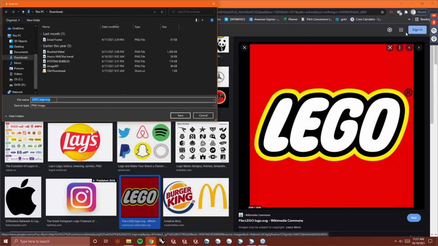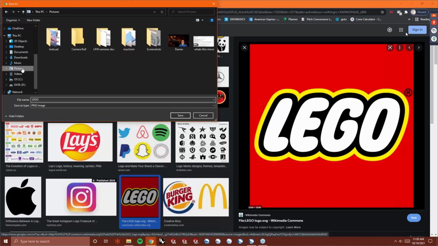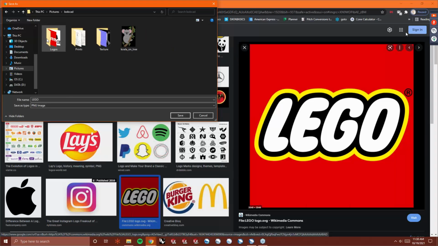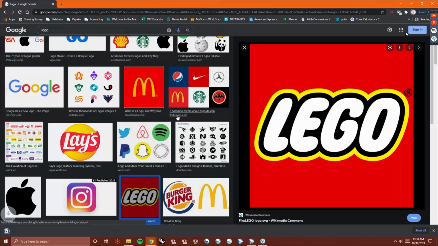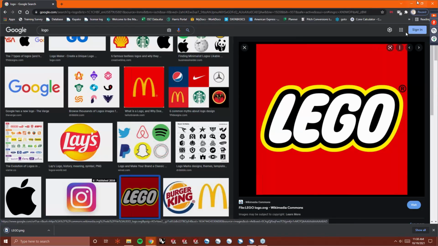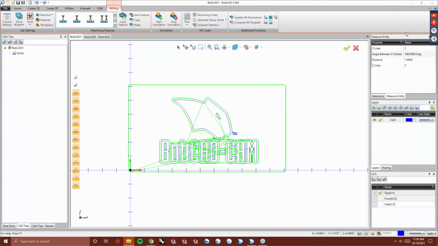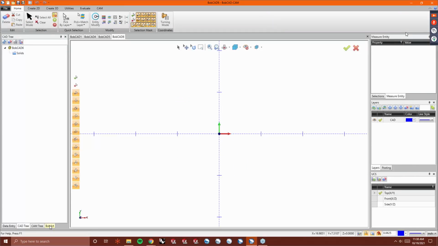You just want to make sure that you know what it is. So this one's an SVG, a PNG file. We'll just make it Lego. And I'll put that in my pictures. So now that it's saved, I go into BobCAD and then just go to BobART. So whether you have the image on like a flash drive or you have the image from another source,